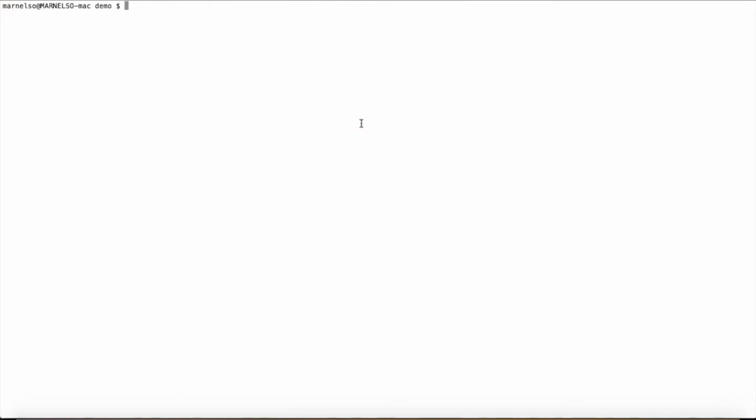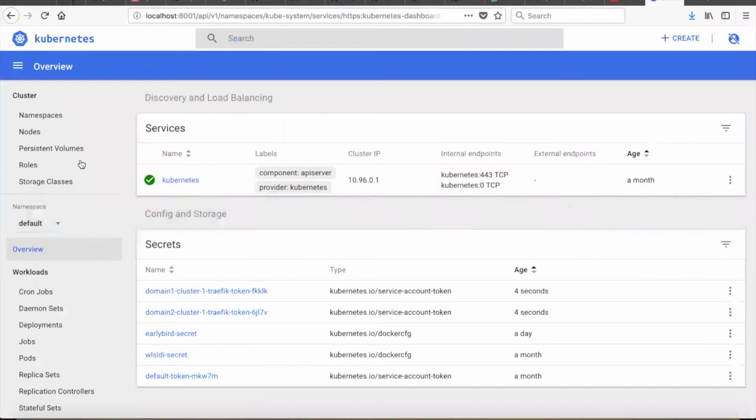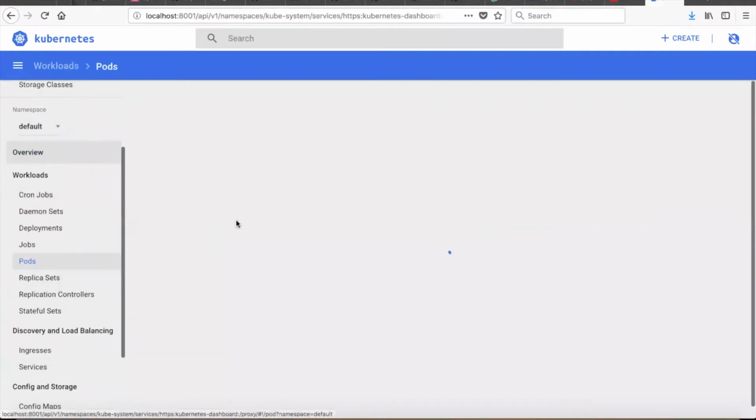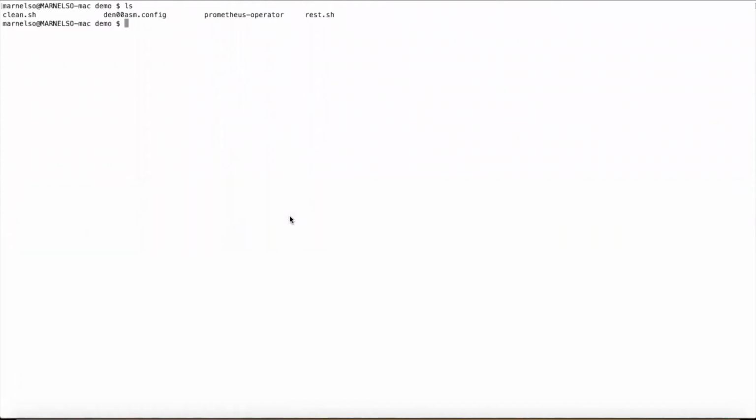Hi, in this video, we're going to install the WebLogic Kubernetes operator. I have my Kubernetes configuration file here for my cluster, and my cluster is basically empty. I don't have any pods or deployments currently. So I'm going to start by